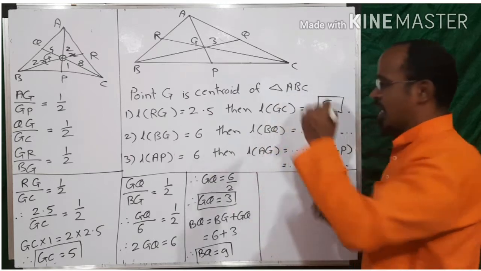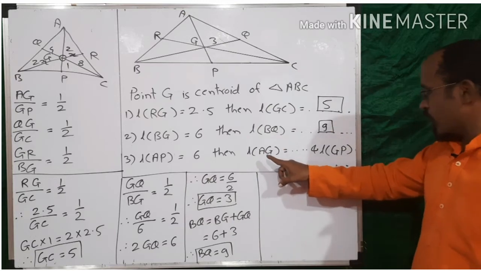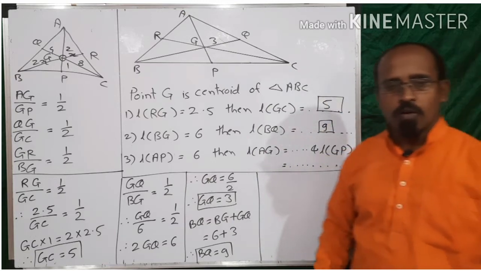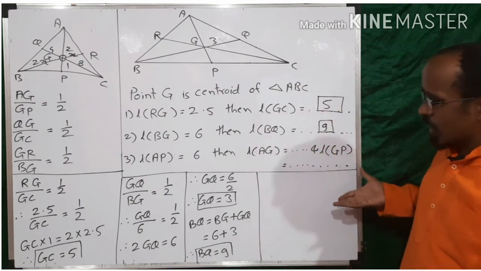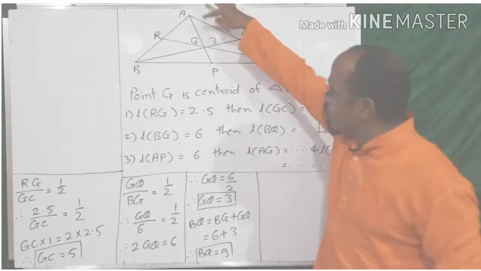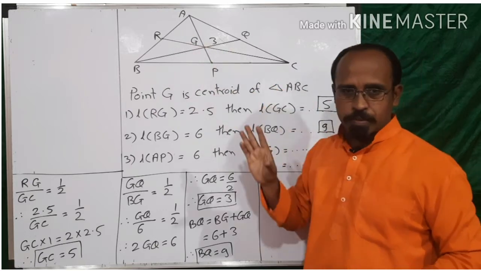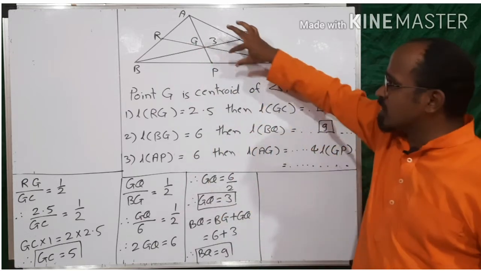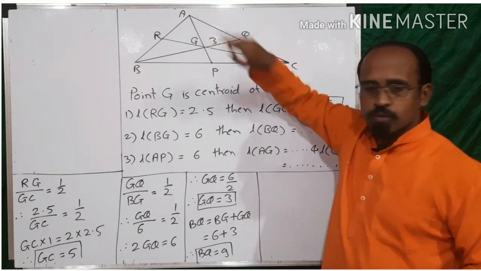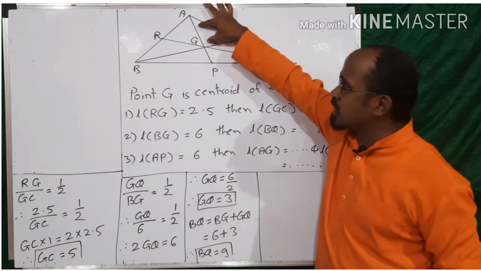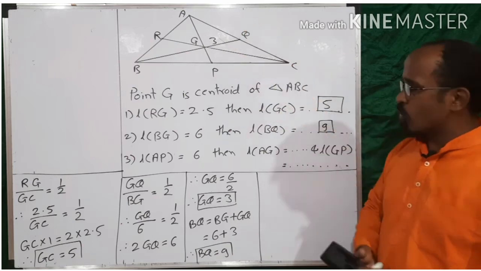Okay, friends. Now AP is given and we have to find out AG as well as GP. What we have to do? Once again we will use the same logic. Value of AP is given and AG and GP. We don't know the answer of AG and GP. So what to do? Friends, we can consider any one value as x. So if we will consider GP is equal to x, AG will be equals to 2x. If we will consider AG is equals to x, GP will be equals to x upon 2. So let's consider GP is equals to x.